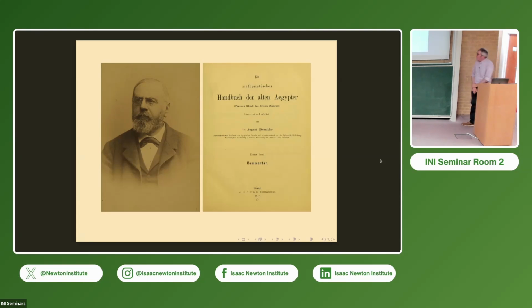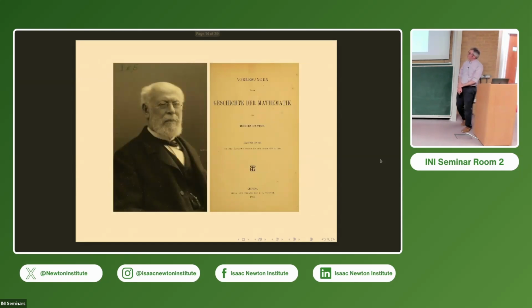And so this is where people are getting their first detailed glimpse of what ancient Egyptian mathematics looked like. So that system of fractional arithmetic that I mentioned early on, the different methods that were available for calculating certain areas, this is where people start to see this for the first time. And it gets digested for mathematicians. And when I say digested, I basically mean all the Egyptology is taken away. So any concern about philology and arguments over translation gets swept aside completely, and we just focus on the mathematics.